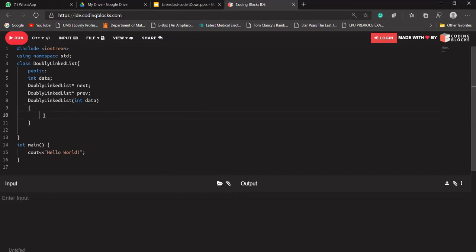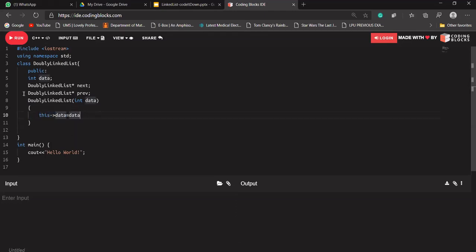So the doubly linked list constructor will be there. What will the constructor do? The constructor will just assign the data to its data part. This pointer will automatically be there. This data will be equal to data. This data is the data that is being passed through our constructor. The value will be stored into this pointer's data.